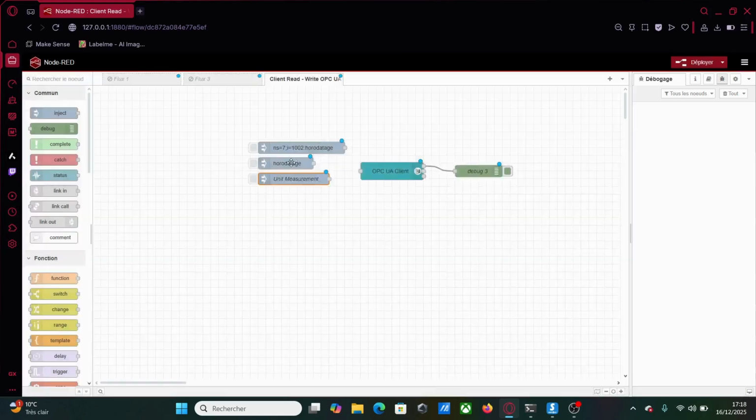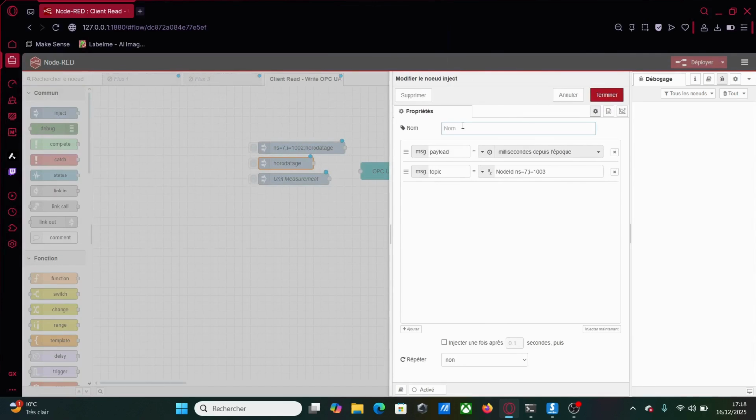And the second one, status of the valve. I forgot to delete it. And the last one will be